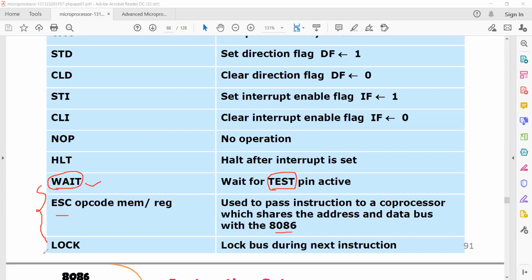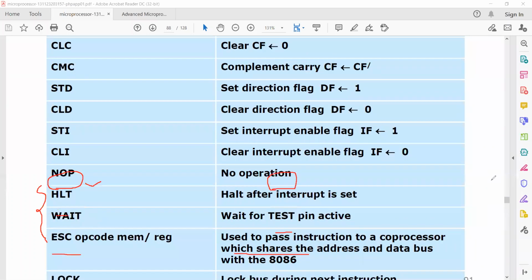And next is lock. We saw the lock pin when dealing with the pin diagram. Lock bus during the next instruction. That means when you are working in a multi-processor system, the access to the bus system of one processor can be restricted when we use this lock.